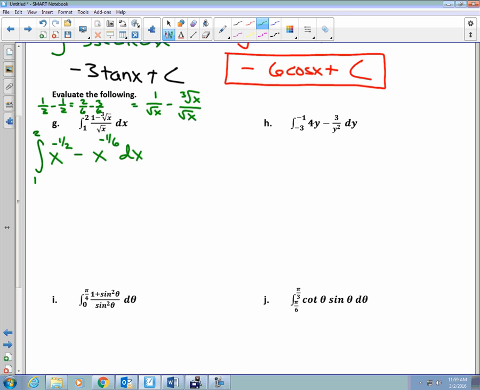What is the antiderivative of x to the negative 1/2? Over 1/2, so times 2. Minus x to the negative 1/6, antiderivative. Close. 5/6 divided by 5/6 or multiplied by 6/5. We will evaluate that at